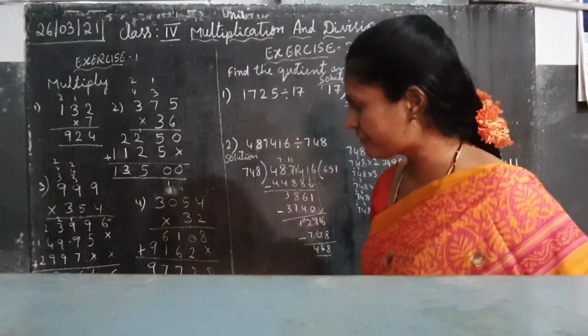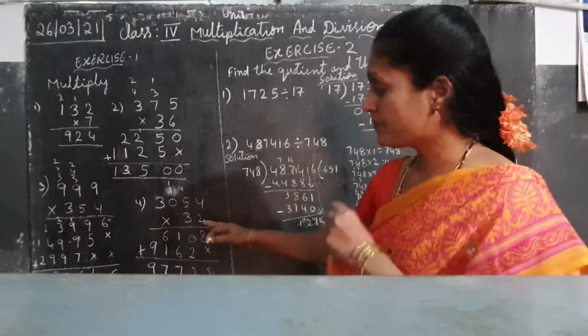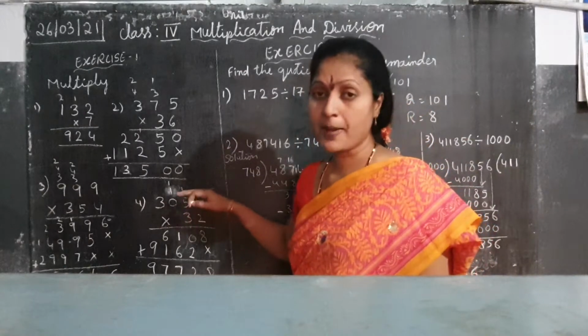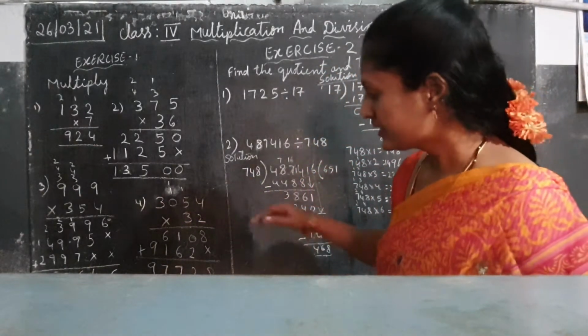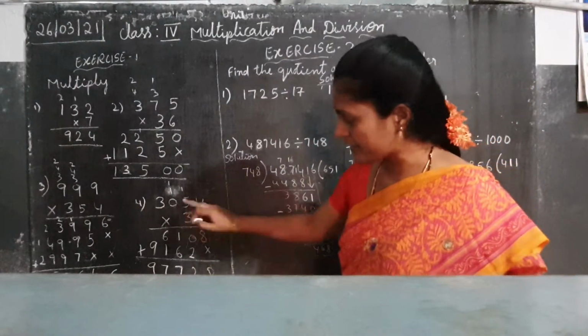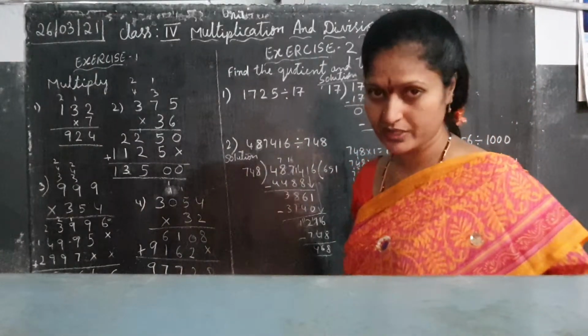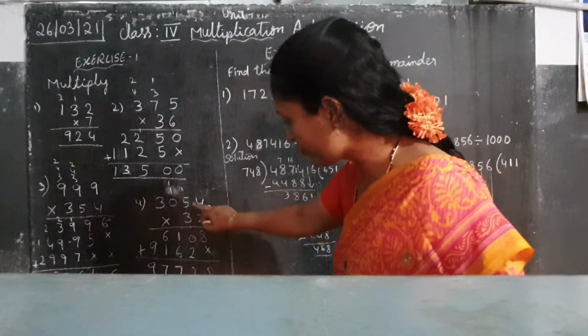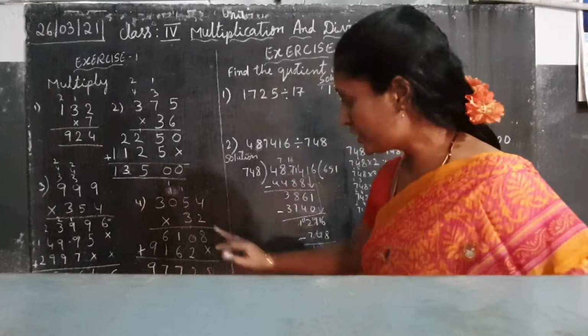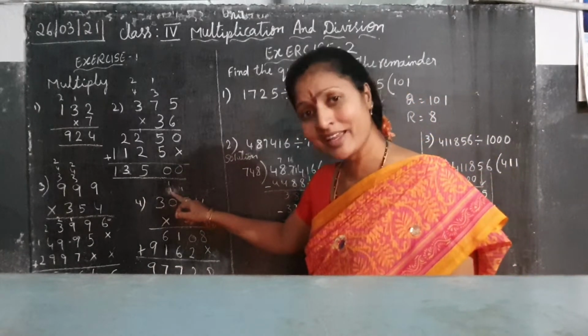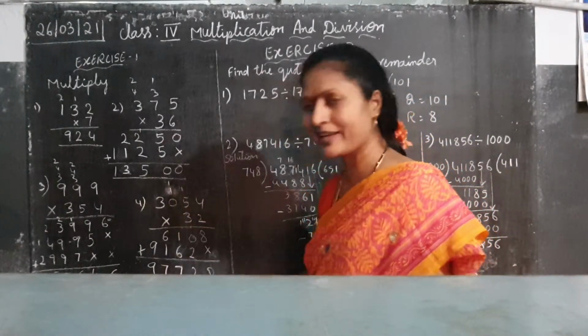Now I will explain for you. 2 digits multiplied by 4 digits. Up you have 4 digits and down you have 2 digits. First we have to use the 2 table and after that the 3 table. Always start with 1, children. 2 4s are 8, 2 5s are 10, 1 carry 0. And 2 0s are 0 only. Whatever number you carry up, no 0, that you have to write, children.